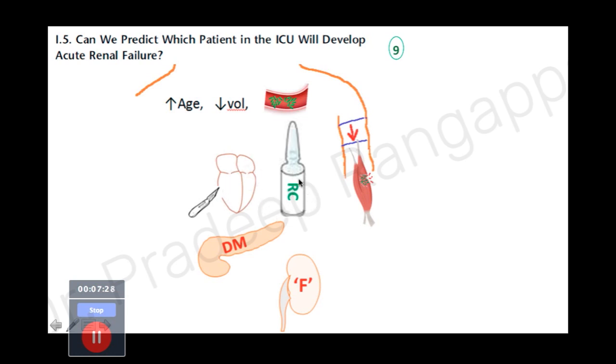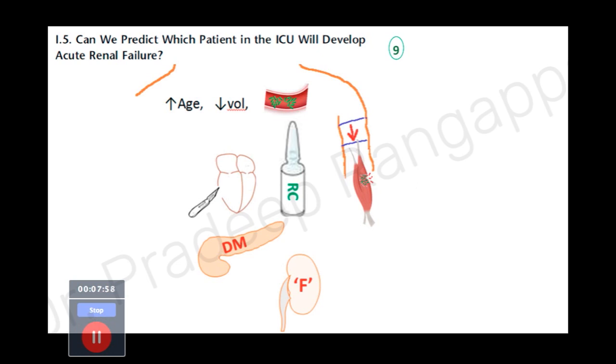And someone who receives radio contrast for any CT, because in ICU typically we would be doing a lot of CTs with contrast, that pushes people into AKI. And diabetes, someone with diabetes admitted to ICU, is itself a risk factor. Again, this is a very common comorbidity we see in our ICU patients, as is pre-existing renal failure or rhabdomyolysis. So these are 9 important variables in ICU which tend to predispose a